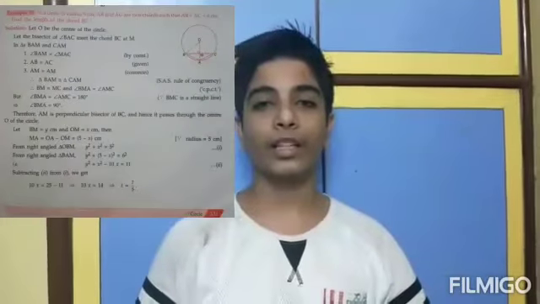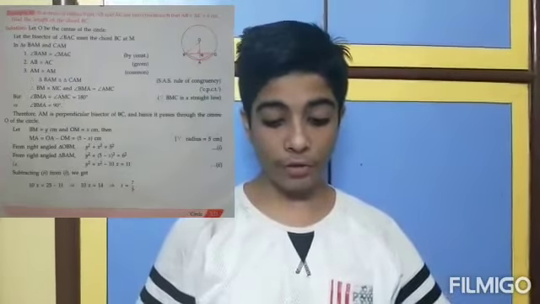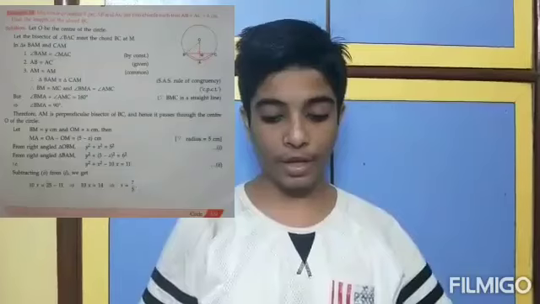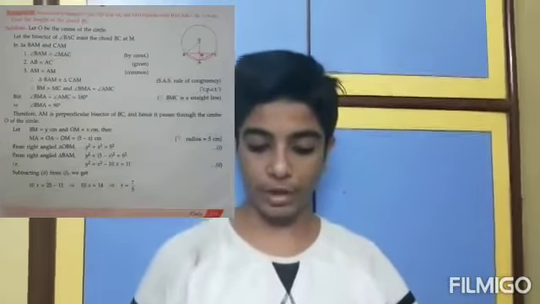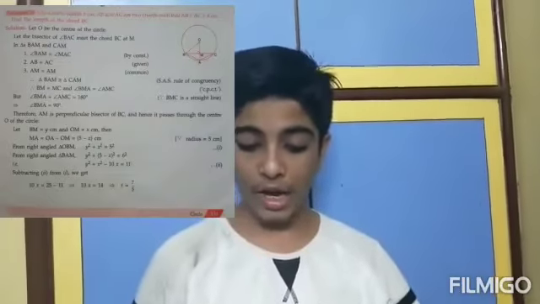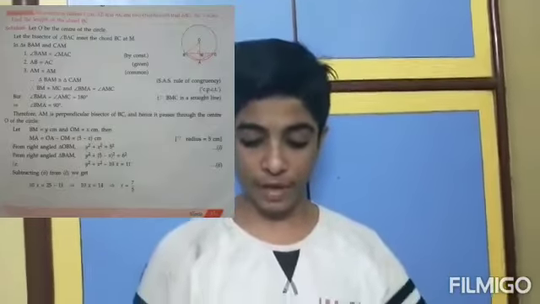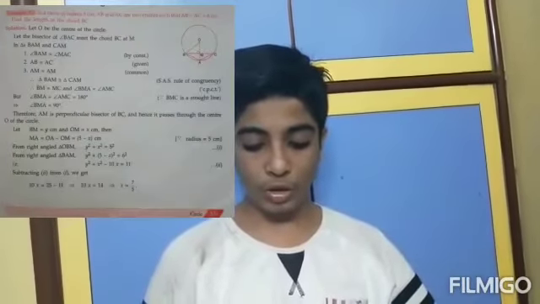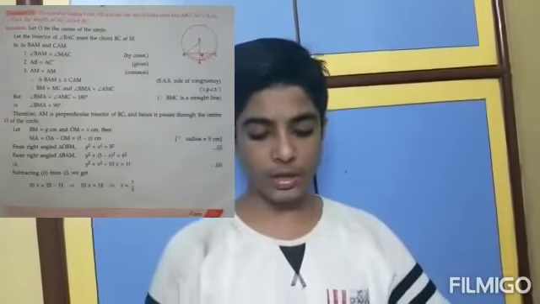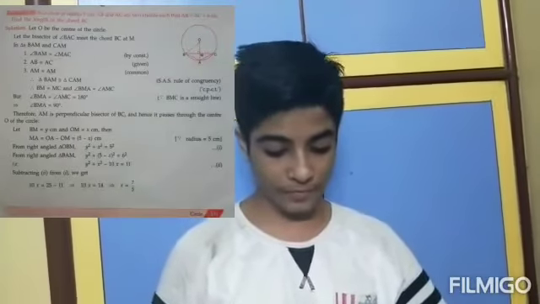And now, example number 10. So first, read the question. In a circle of radius 5 centimeter, we have been given that the radius of the circle is 5 centimeter, and we have also been given two chords of that circle, AB and AC, such that AB is equal to AC, and both are equal to 6, meaning their length is 6 centimeter. So let's find the chord BC.